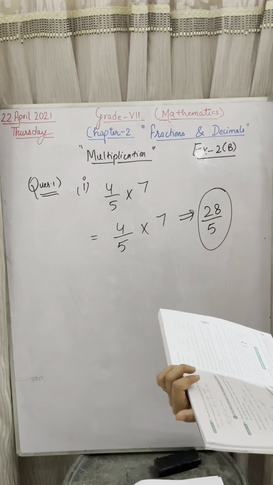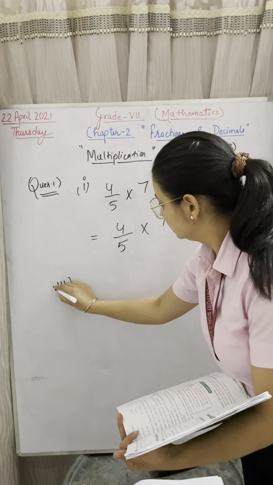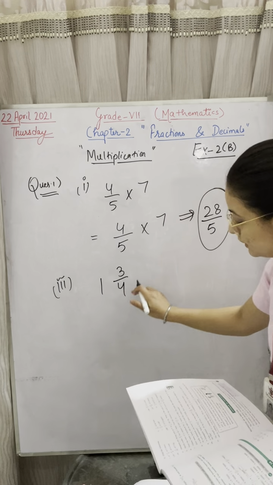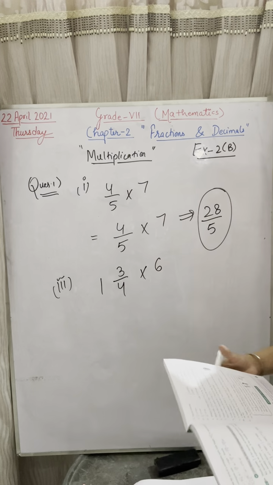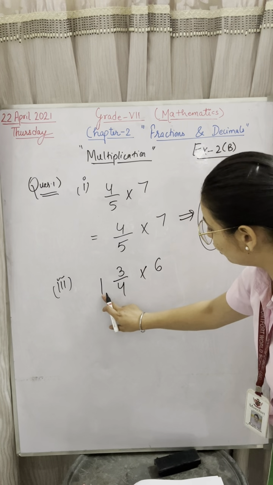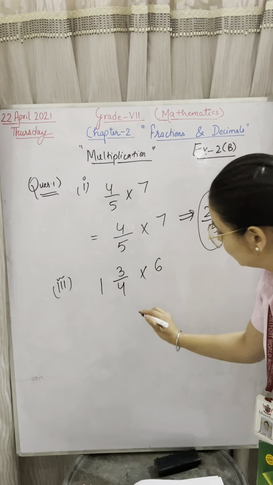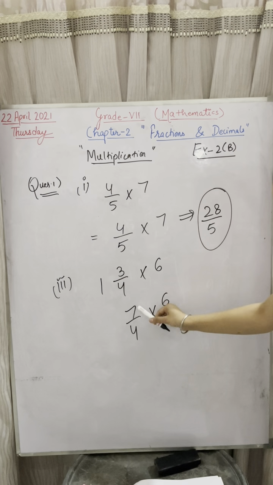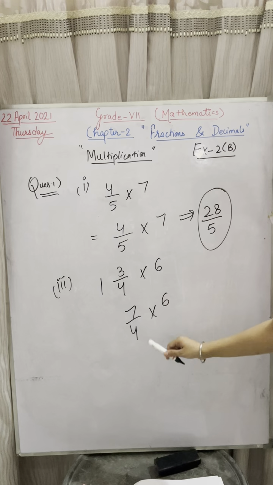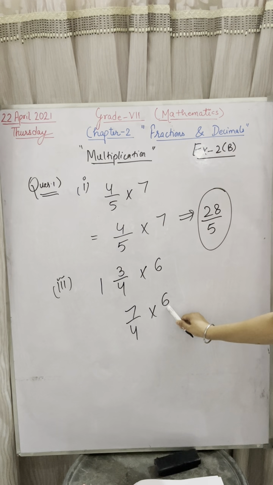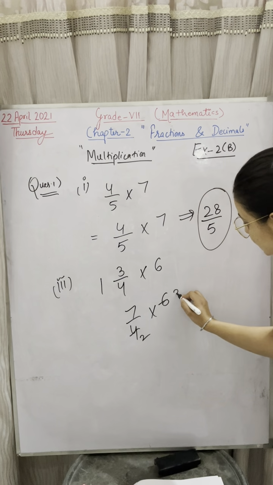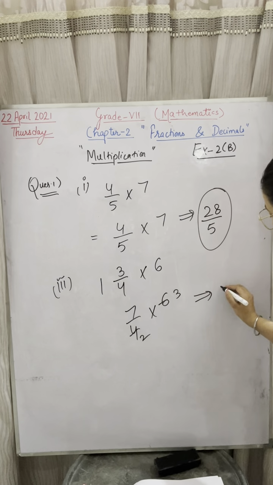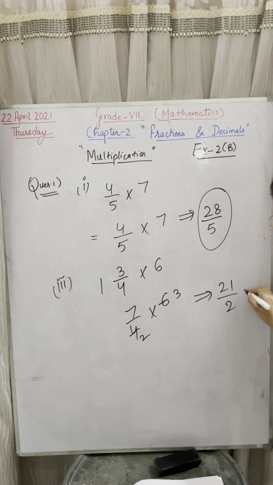Okay, now I am going to solve, suppose, the third part. Third part is 3 upon 4, it is given in mixed fraction, multiplied by 6. Okay, 4 ones are 4 and plus 3, that is 7 upon 4, multiplied by 6. Now can I cancel 4 and 7? No, I can't cancel. Can I cancel 4 and 6? Yes, on the 2 table, 2 twos are 4, 2 threes are 6. Anything else? No. So your answer will be 7 threes are 21, and here 2 is there. So this is your answer.